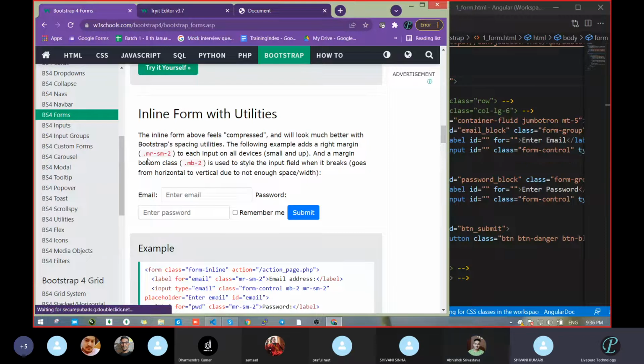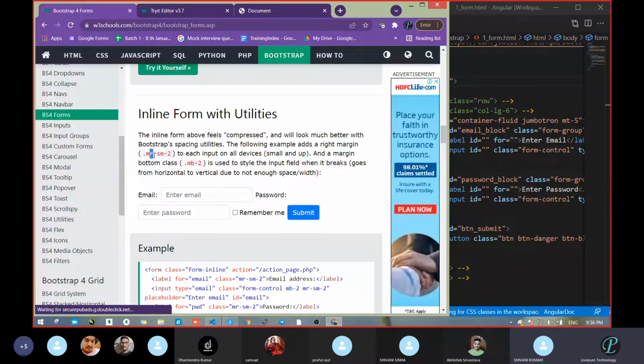Margin means m, then which direction you want: top, then mt; right, then mr; left, then ml; bottom, then mb. And on which device you want, that is sm. You can pass that accordingly, and how much margin you want, 2, 3, 4, 5, whatever you want.